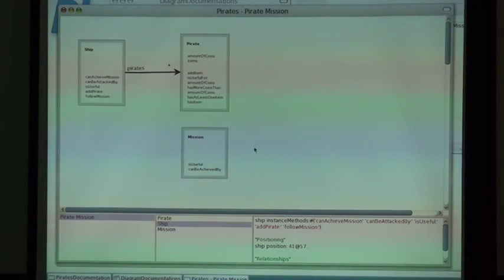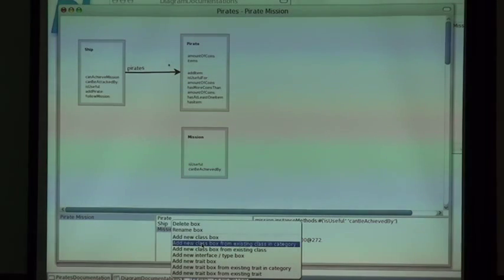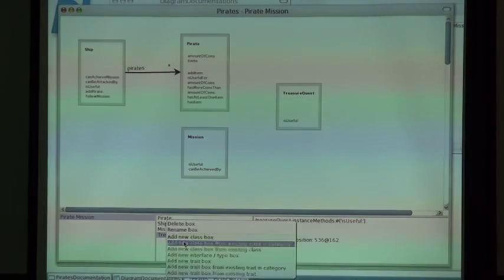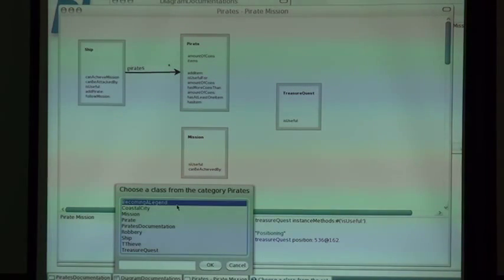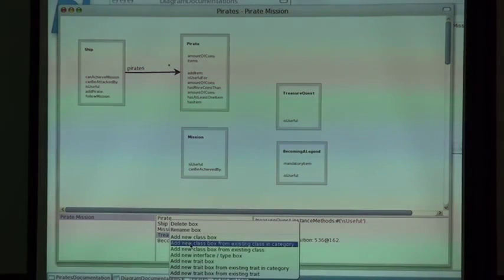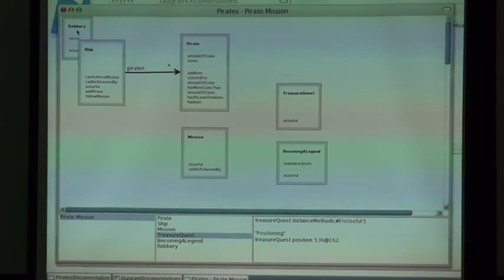I will put it right there. And I have several classes of missions. For example, you saw the threshold quest, and I have becoming a legend, and also I have the robbery. This will be a little uncomfortable, but I can say, for example, that the treasure quest